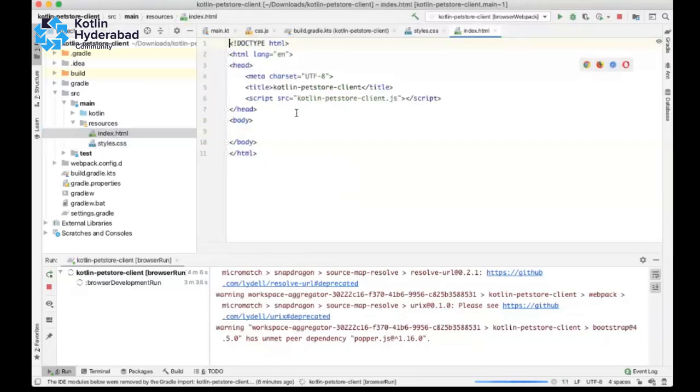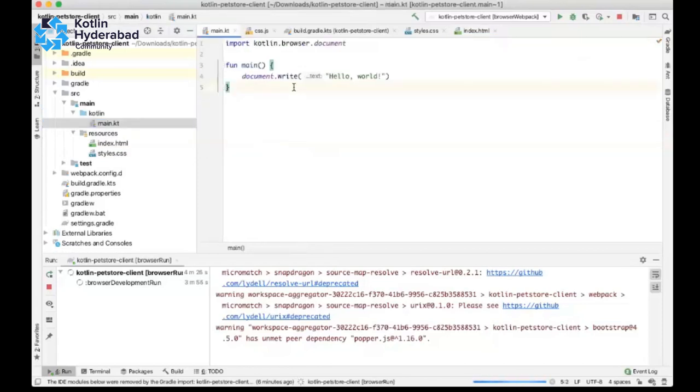Now let me start with the development. Here I'll just write an id. This is the root div in which React will load all its components.